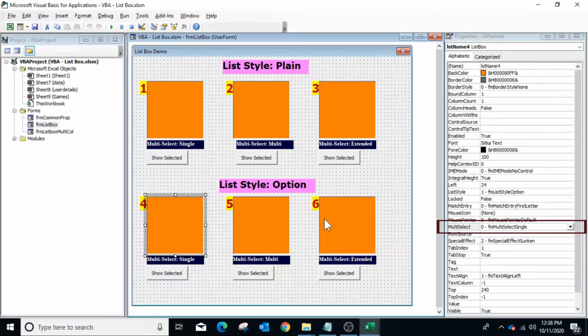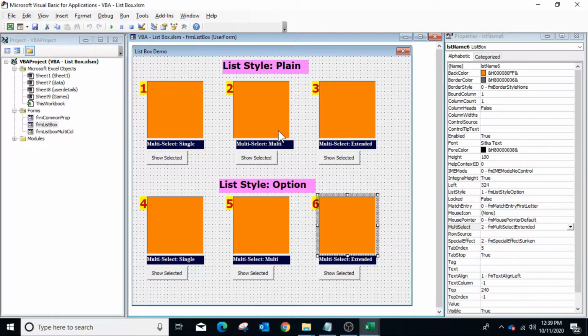If multi is selected, you can select multiple items in the list when you click on an item. And if the extended option is selected, then you can select multiple items with the Control or Shift key.